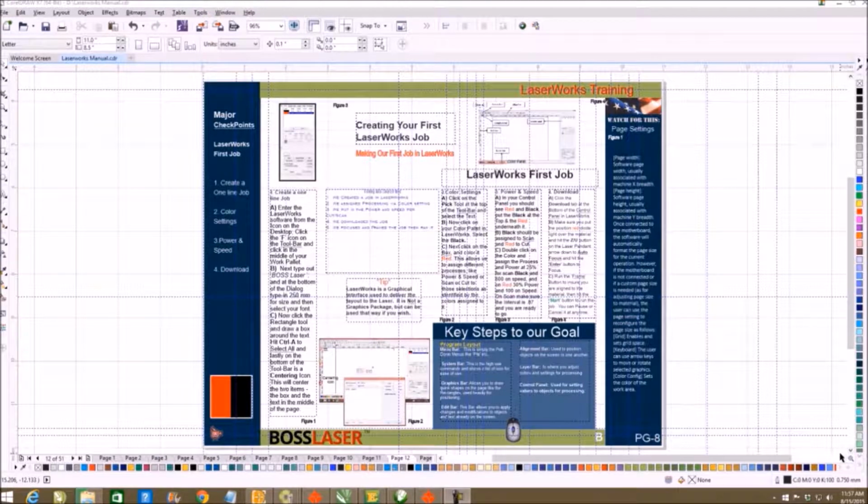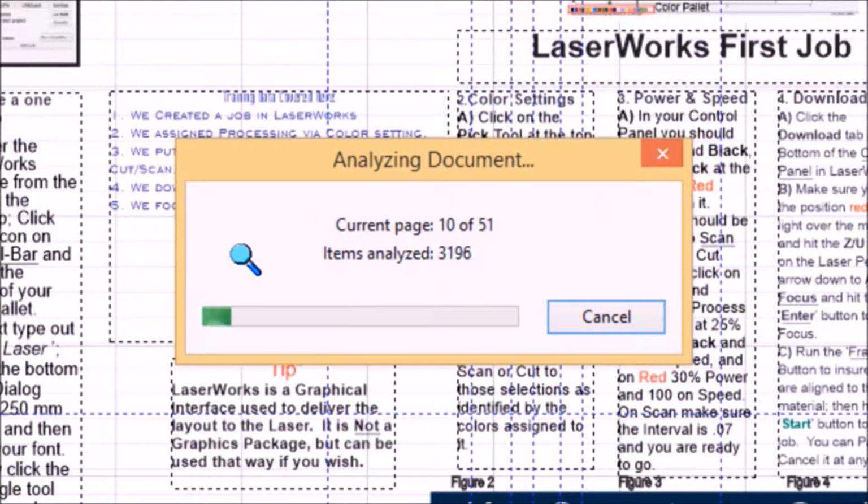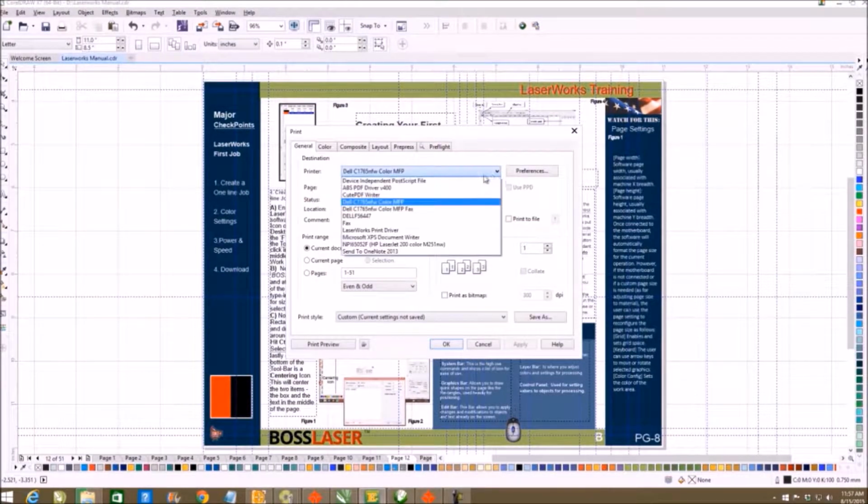As we've moved forward into our first complete Laserworks job, where we create a simple job from scratch with Laserworks, let me reiterate one more time. Laserworks is a graphical interface which is like a print driver. Print drivers will go File, Print, analyze whatever we're sending down. In fact, let me cancel it from there, and then boom, you just select your Laserworks print driver and you